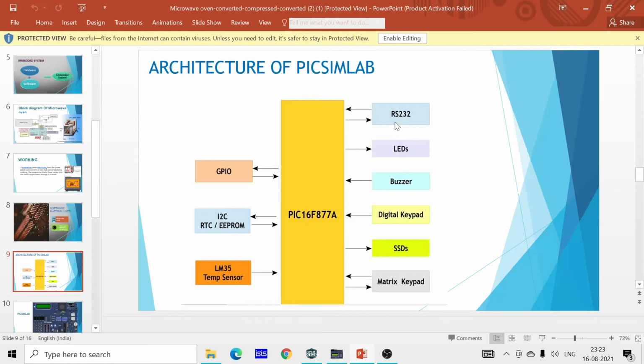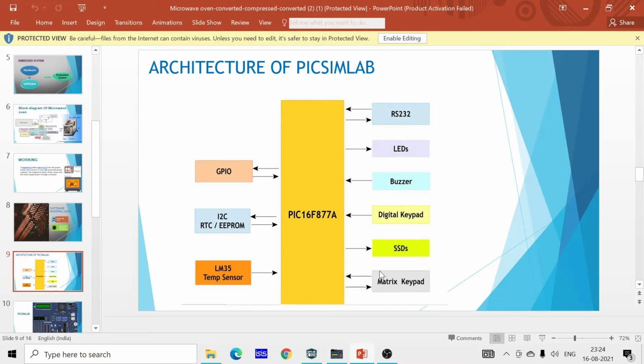Here our RS-232, a USB, is used for connection between data acquisition devices and the computer system, and we can see that it is used here for serial communication to peripheral devices, and it is bidirectional. And the next one is the LED, which is used for output, and the buzzer is also used for output, and the digital keypad is used for giving input to the microcontroller.